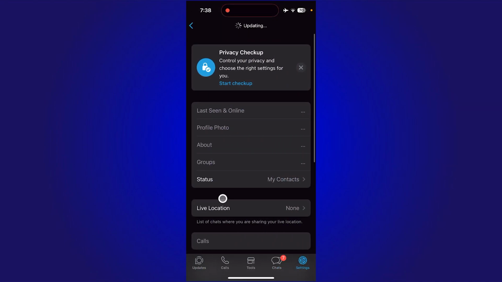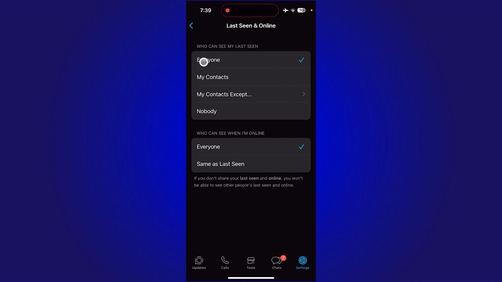to privacy, and as you can see here, last seen and online, you just need to tap here once. And from here, as you can see, right now it's set to everyone. What this will do is everyone on the internet who has WhatsApp will be able to see your last seen, no matter if you have saved their contacts or not, they will be able to see your last seen and